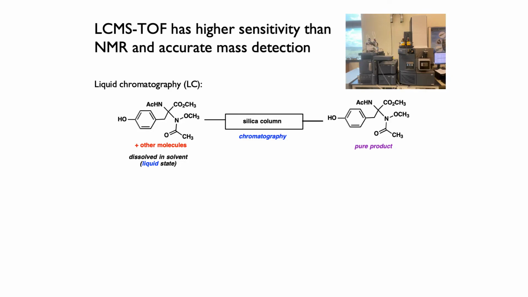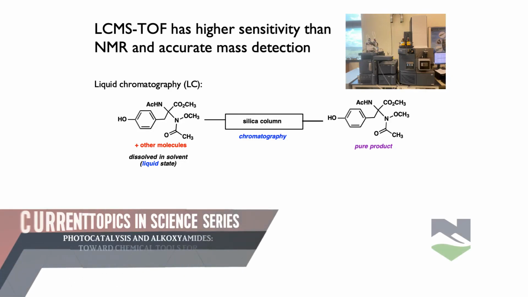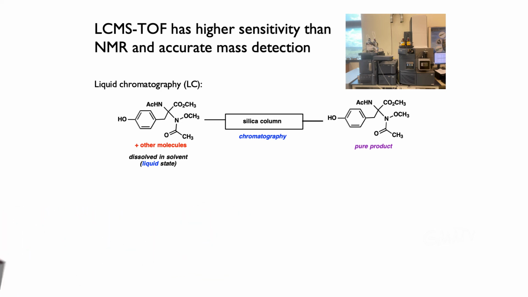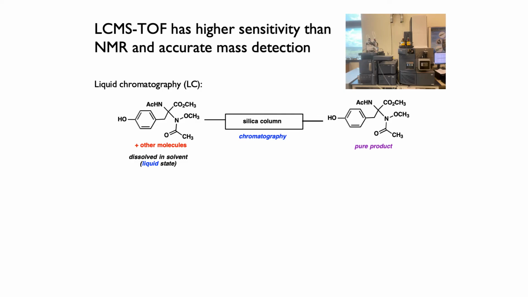Just to summarize this method, the first stage, the LC, is liquid chromatography. The liquid part just means that the molecules you're trying to study, in this case, we hoped it was the product that we would form by an amino acid reacting with that alkoxyamide, are in liquid. They go through a column, usually made up of silica, the same kind of silica that you get as a drying agent in silica packets that come in some mailings. This is the chromatography stage.